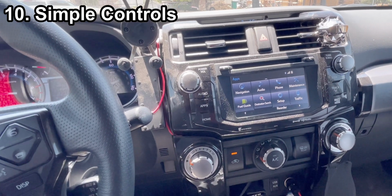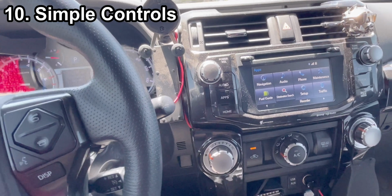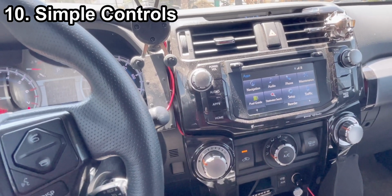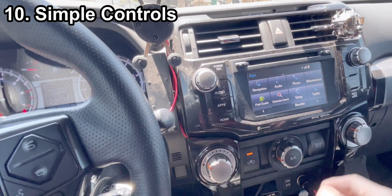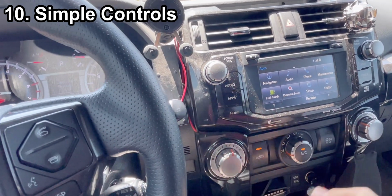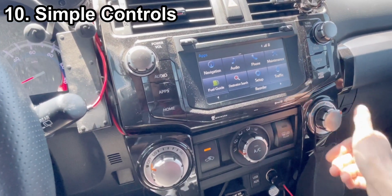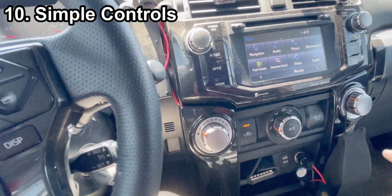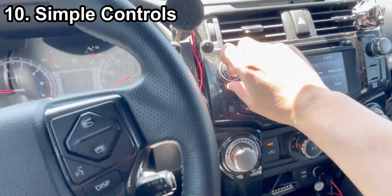Lastly, what I love about this car is old school buttons and knobs. So I know like Tesla owners, everything is automatic, and I'm sure I'll probably get a Tesla Cybertruck. But if you wanna operate the AC, instead of pressing all these buttons, boom, or if you want cold to hot, bam, that's it, right? I know a lot of you agree with me, right? This one, boom, right there, different orientation, the volume,